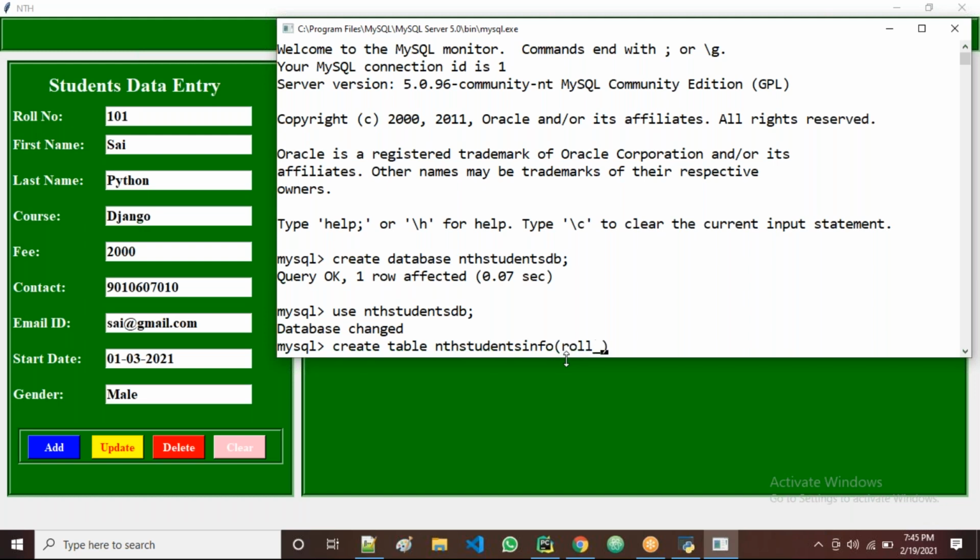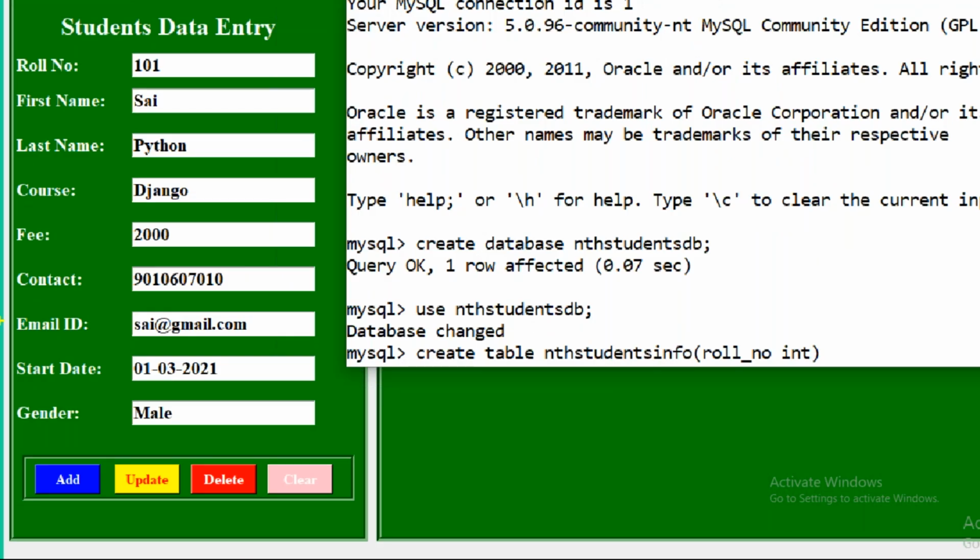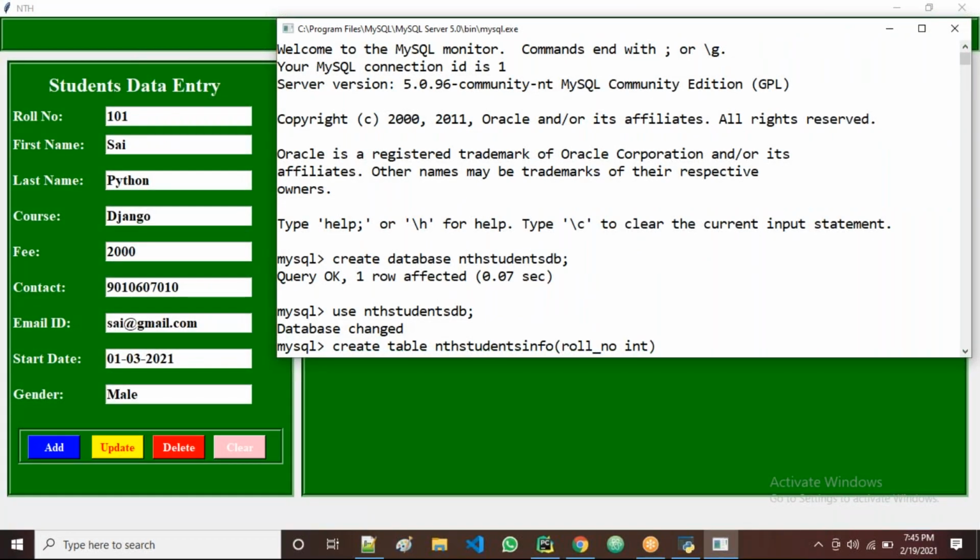Roll number. We take the roll number. I'm taking the integer type, guys. Or else, however, I'm not going to perform any mathematical operations, right? So we can take all as string also, guys, no issues. We can take all as string also. Actually, if you perform any arithmetic operations, at that time it may return some kind of errors if you take string type. But in this example, we're not going to perform any mathematical operations, so you can take all string values, guys, no issues. I'm taking all string values.